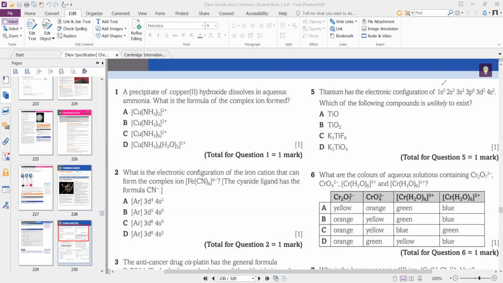Next one, titanium has the following electronic configuration. Which of the following compounds is unlikely to exist? The maximum oxidation number is when you can remove both the d electrons and the s electrons. 4s and 3d have similar energy, so you can remove them. Here a plus 2 oxidation state is there. Here plus 4 oxidation is possible. In this case a plus 3 oxidation state. That one is also possible. And here, plus 6 is not possible. So the answer is